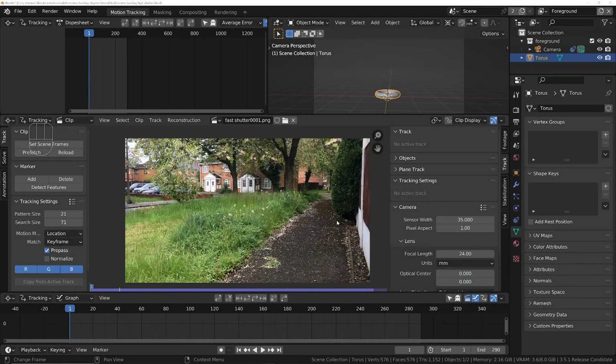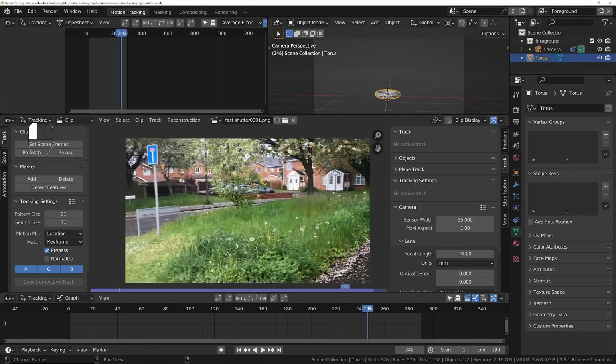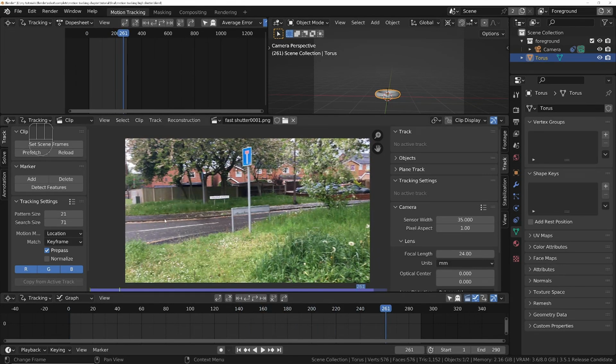So this time, moving on to the fast shutter version, I've already gone to the trouble of converting it to a PNG sequence because you don't need to see that again. We can probably take a very similar approach that we took previously because the footage is in such good condition, there's not really much motion blur. But there is in the scene a very fast area of movement. So because of this, there's quite a high possibility that if we stick with the default settings, the search area